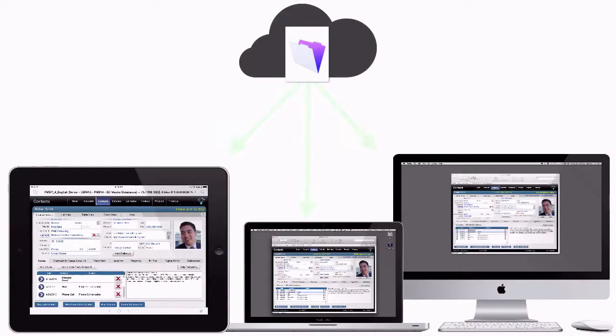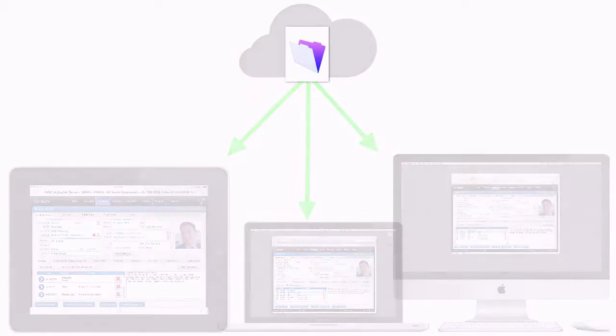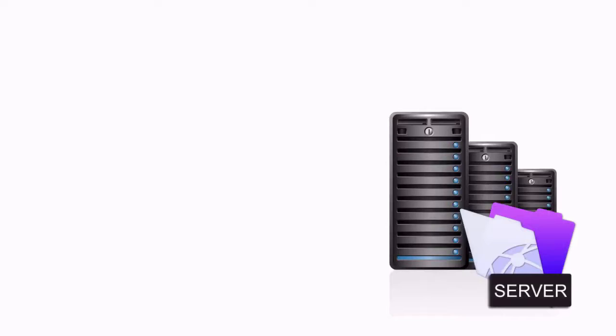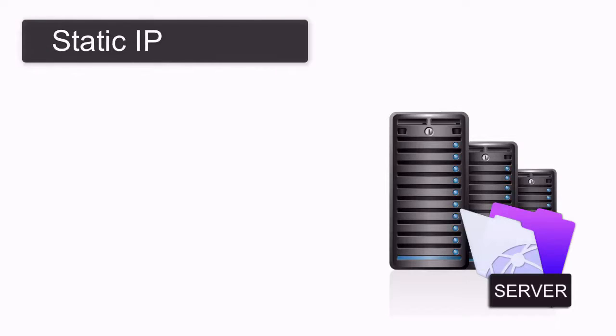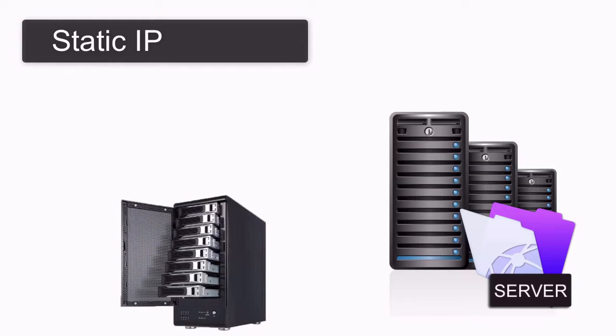To access your database anywhere on the internet, all you need to do is take your FileMaker database and host it on a properly configured FileMaker Server. And of course, FileMaker Server would have a static IP address. Part of a proper server setup would also be to ensure that that server has additional hard drives for robust